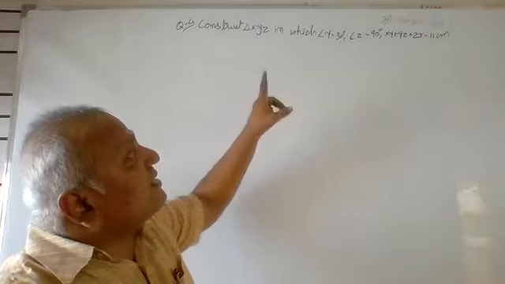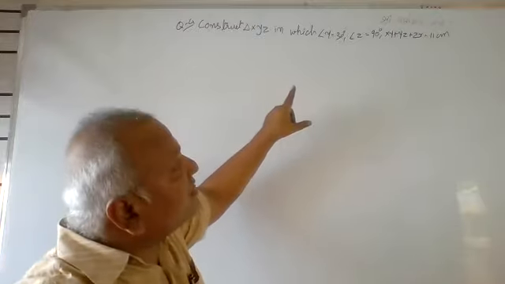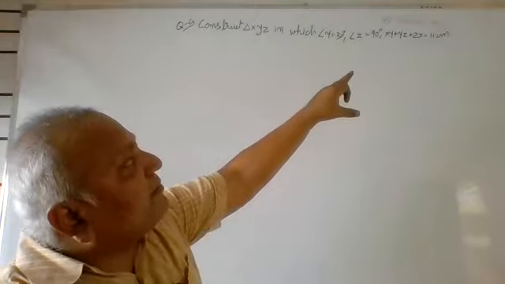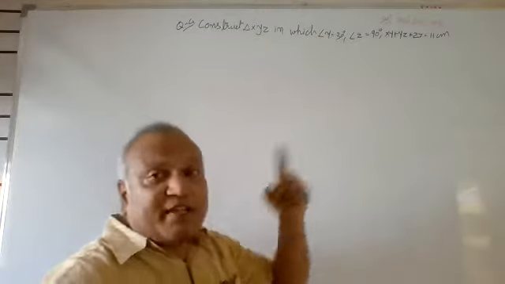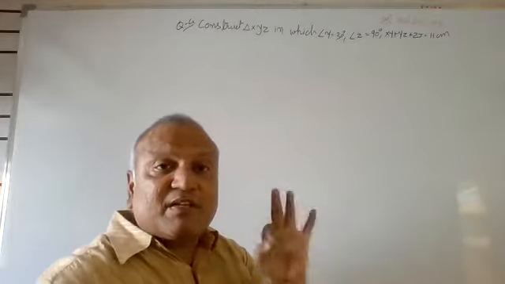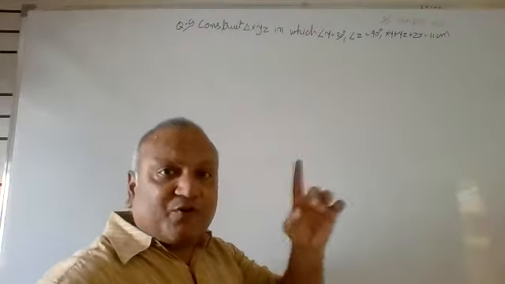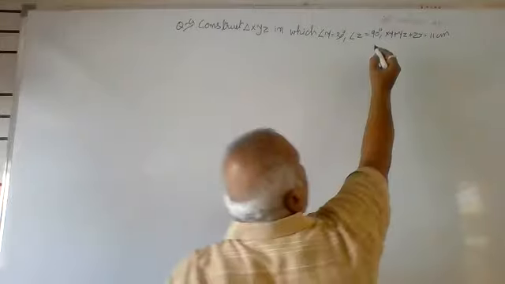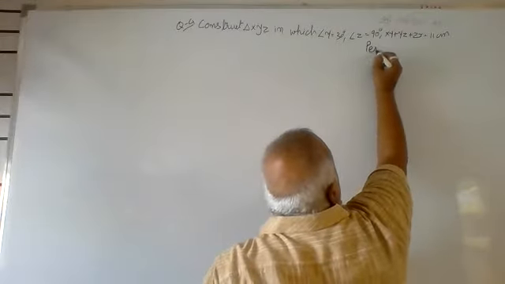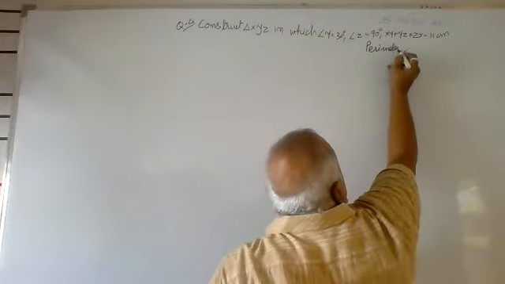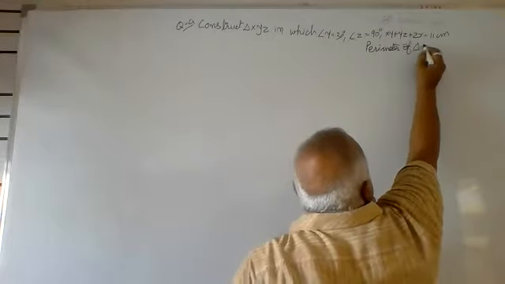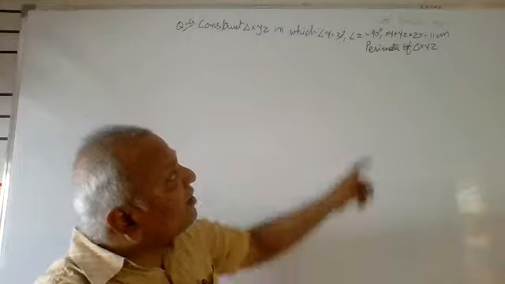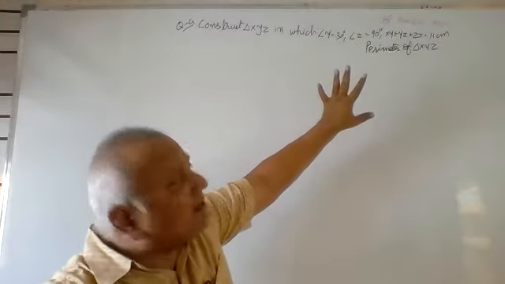Friends, this construction is a unique construction. Here we are given XY plus YZ plus ZX. So friends, what can we imagine? The same construction will be asked in a different way by giving the word perimeter. Here we can understand perimeter of triangle XYZ. So if you are given the word perimeter, then also it is the same construction.